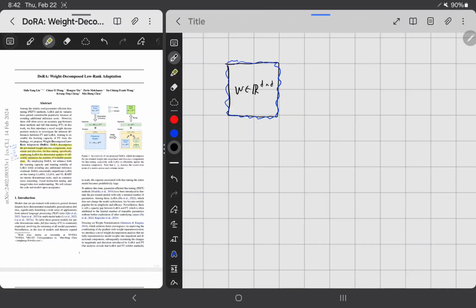So anyways, you basically have this global knowledge and you want to update it, extract some information out of this global matrix to make it better on that downstream task. Maybe you want it to do classification, something like that. So you want to fine tune this matrix. However, storing three moments of this matrix is not efficient. So you break this into two matrices, B and A,